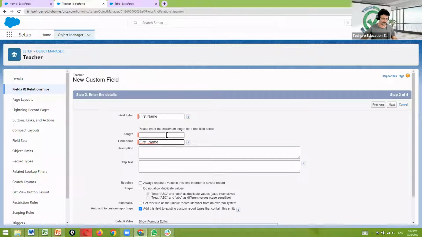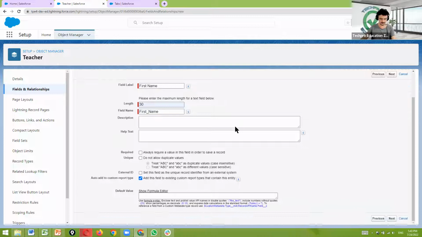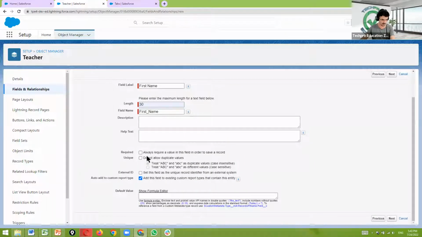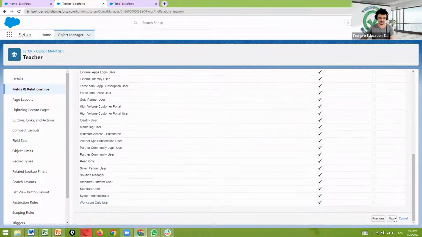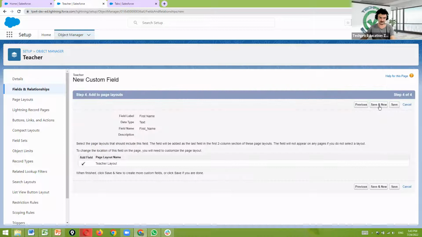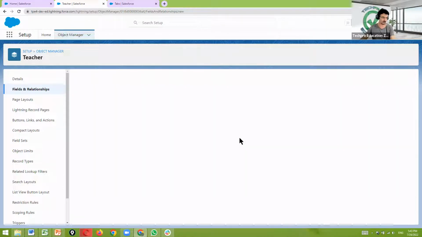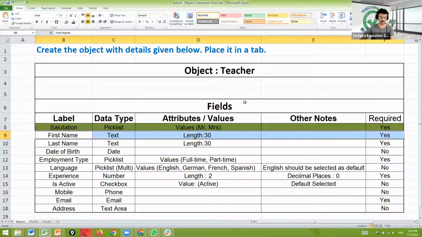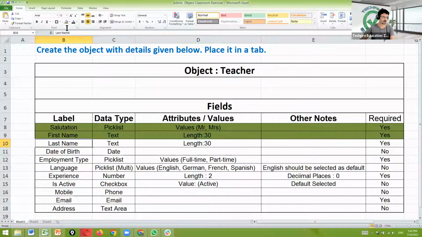So it's fetched. For the lengths, I think they were 30, both of them. So length is 30. Let me see whether it is required. It's required. Okay, so I should click on this checkbox, always require a value. And then I'll click on next, next, save and new. So this is okay. Now we have the last name,